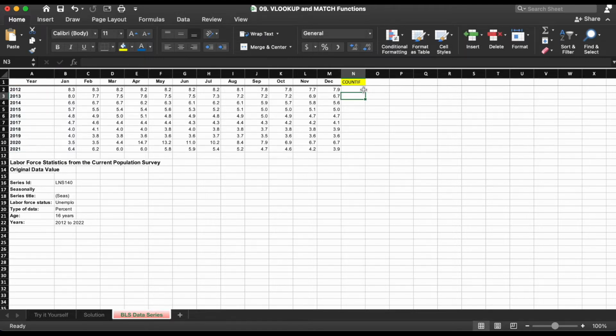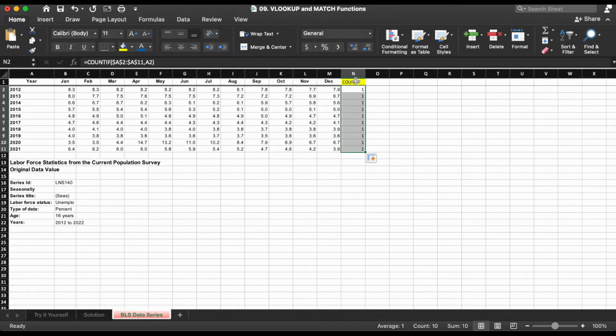And now remember, to drag this down, you can either click the fill handle and drag it down. We'll do a Command Z or Control Z to undo that. You can select to the bottom and do a Command D or Control D to duplicate it. Or, we mentioned in session 8, you can just double click the fill handle and that'll bring your formula all the way down.